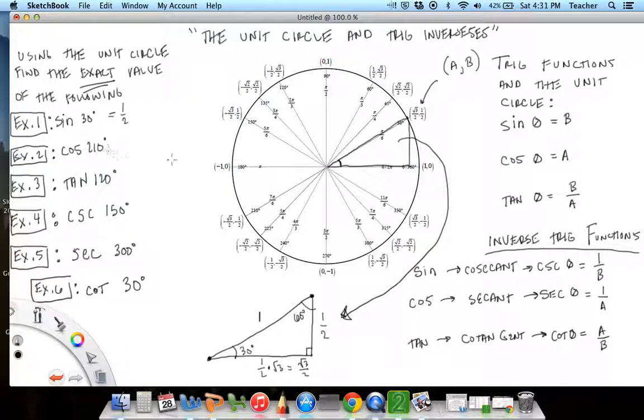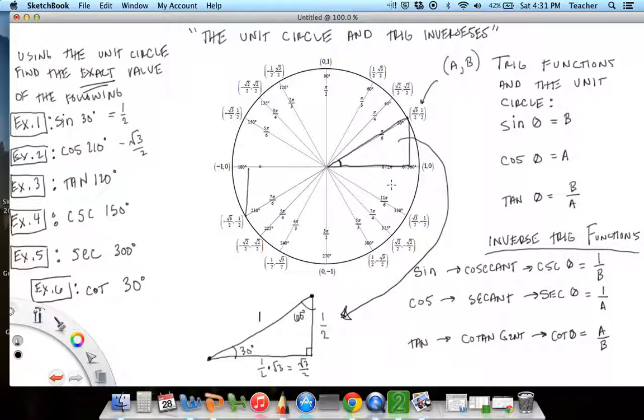All right, so now we have cosine of 210. Well, cosine of an angle is the A, or the first coordinate, the x-coordinate. So if I make my way to find 210 degrees, there's 210 degrees. I'm finding the cosine value at 210, which is going to be negative square root 3 over 2. I know this because I could even drop this line over, and then I could find the value. This is a 30, 60, 90 triangle. I know it's going to be half the hypotenuse in this case, and I want to find the y value, so it would be the square root of 3